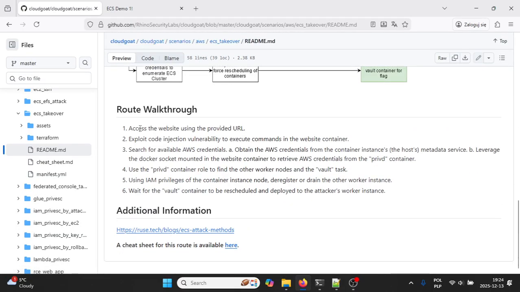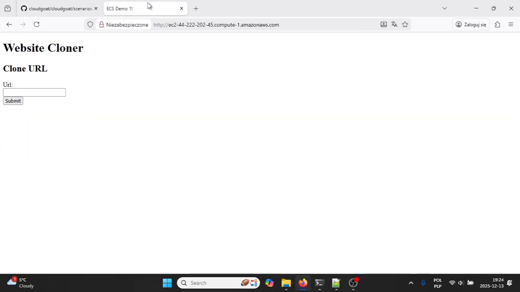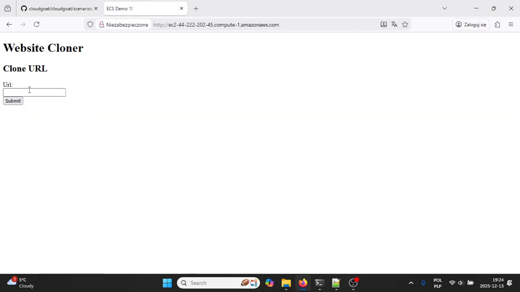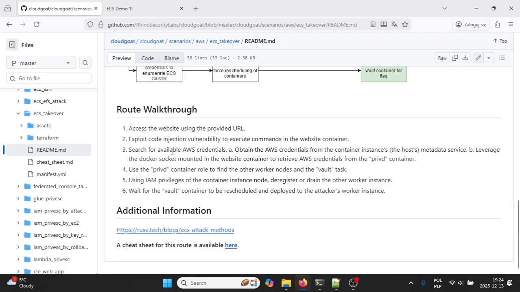So first I need to deploy websites, which I already did. Here I need to try some code injection using this tab. Then I need to find AWS credentials for the whole Linux server where the container is deployed, and for another